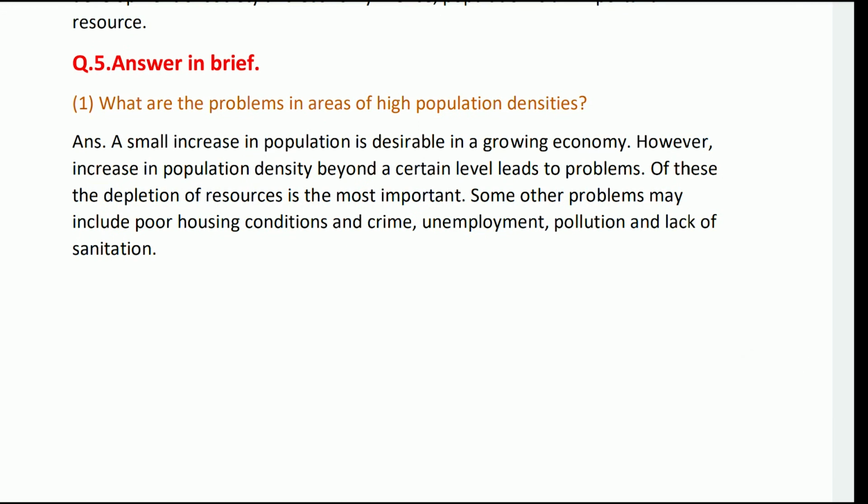Fifth answer in brief: What are the problems in an area of high population density? A small increase of population is desirable for the growth of the economy. However, an increase in population density beyond a certain level leads to problems, the depleting of resources being the most important. Some other problems may include poor housing conditions, crime, unemployment, pollution and lack